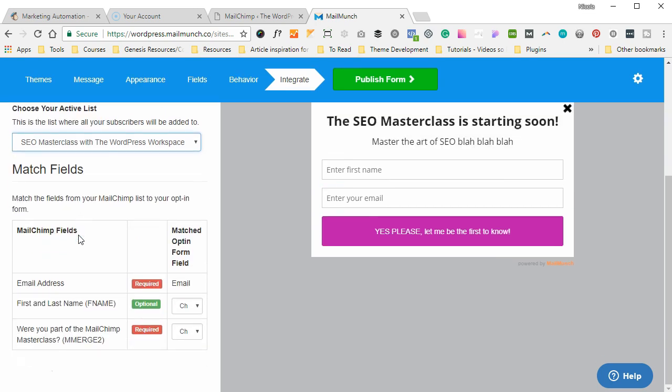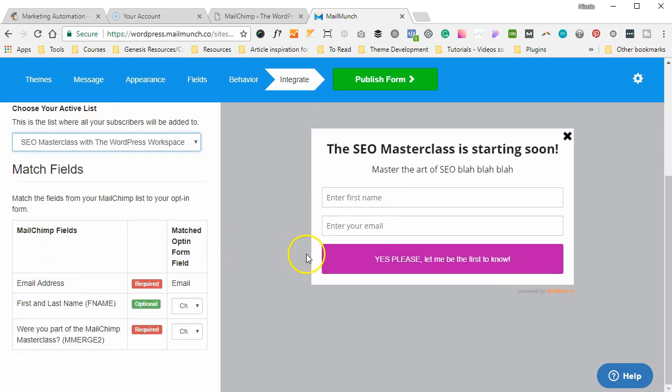Now scroll down, and basically we've got the email address here. First name and last name. There we go. It goes to first name and last name. And this is a required section. So this pop-up is actually not going to work because I haven't put in a space on my form for it. So we'd have to go back and amend that